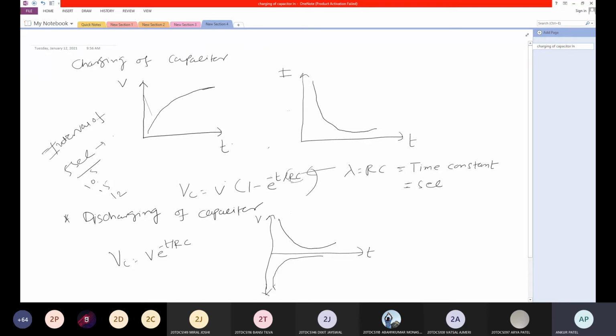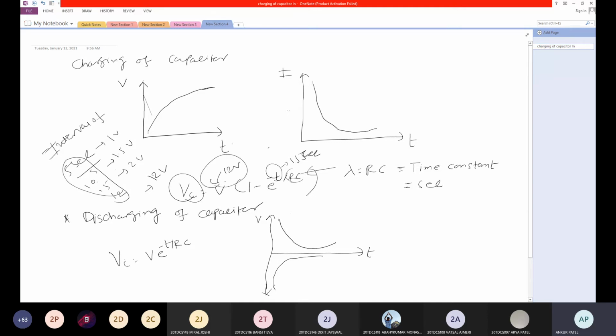At 5 seconds, suppose the charging voltage is 1 volt. For 10 seconds, 1.5 volt. At 15 seconds, suppose 2 volt. You have to measure this until it becomes 12 volt. Take any moment, suppose I am taking 15 seconds. Then just use this time, 15 seconds, and at 15 seconds write the charging voltage. This is your 12 volt.